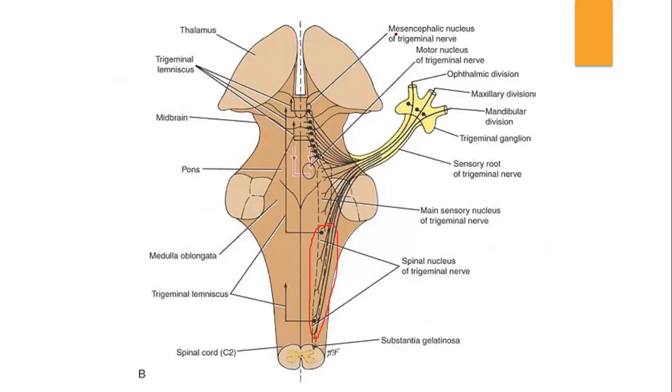So we have the mesencephalic nucleus, which is present closer to the midbrain. Then we have the main motor nucleus right here, and the main sensory nucleus somewhere right here. And then we have the spinal nucleus of the trigeminal, which is right here, in the upper portion of the spinal cord. All of the nerve fibers coming from these 4 nuclei finally converge. These are known as the roots, and they converge and form one nerve, which is known as